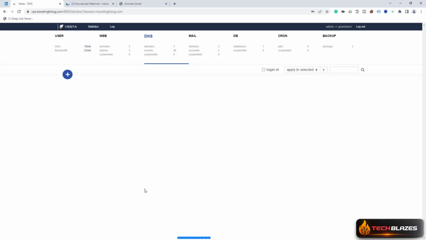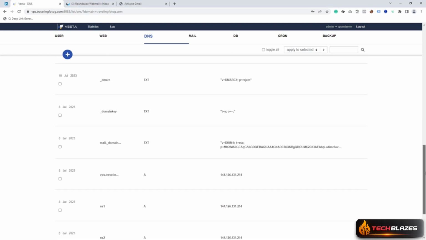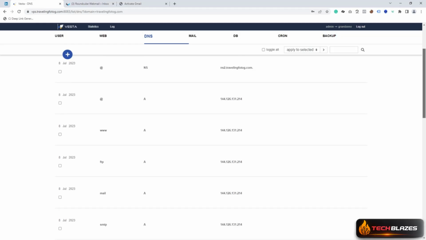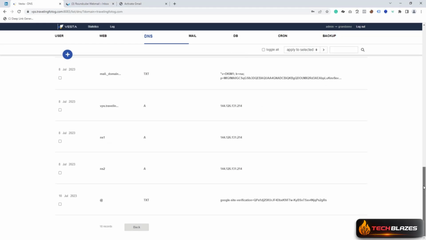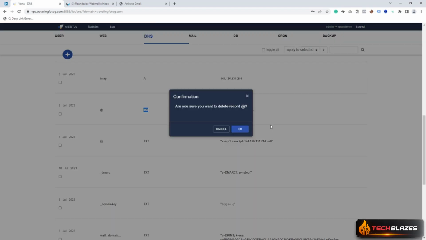Back for now, and delete the MX record. Delete the existing MX record. This is for Roundcube. Where is the MX here? Delete this. This is the MX record on this VPS. This was used for Roundcube. Delete it